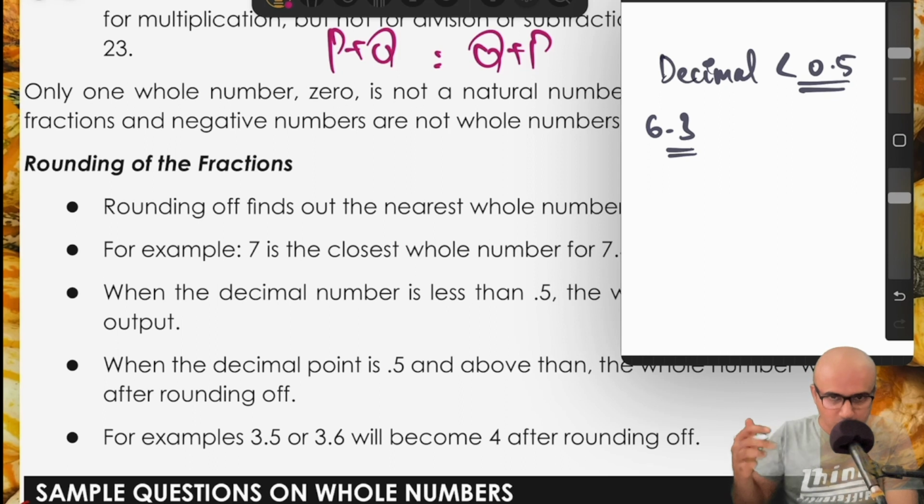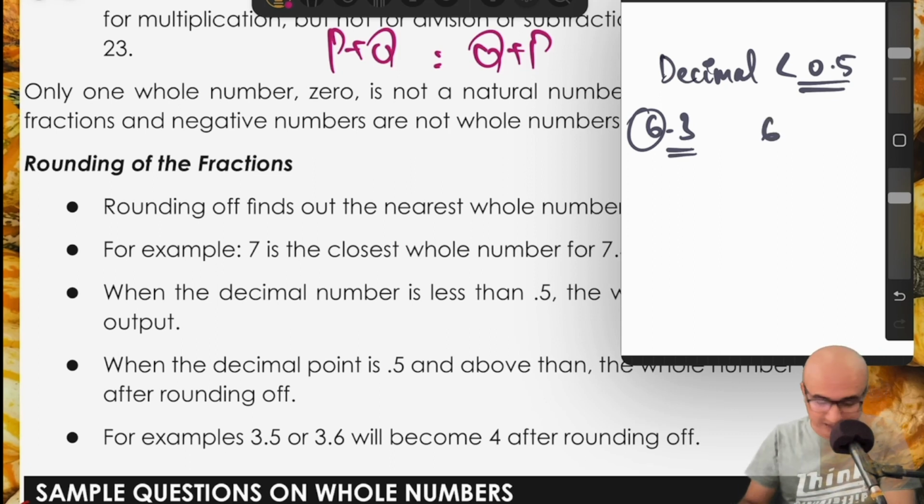Since 0.3 is less than 0.5, we will round off to the lower whole number. The lower whole number of 6.3 would be 6 itself. If it was instead